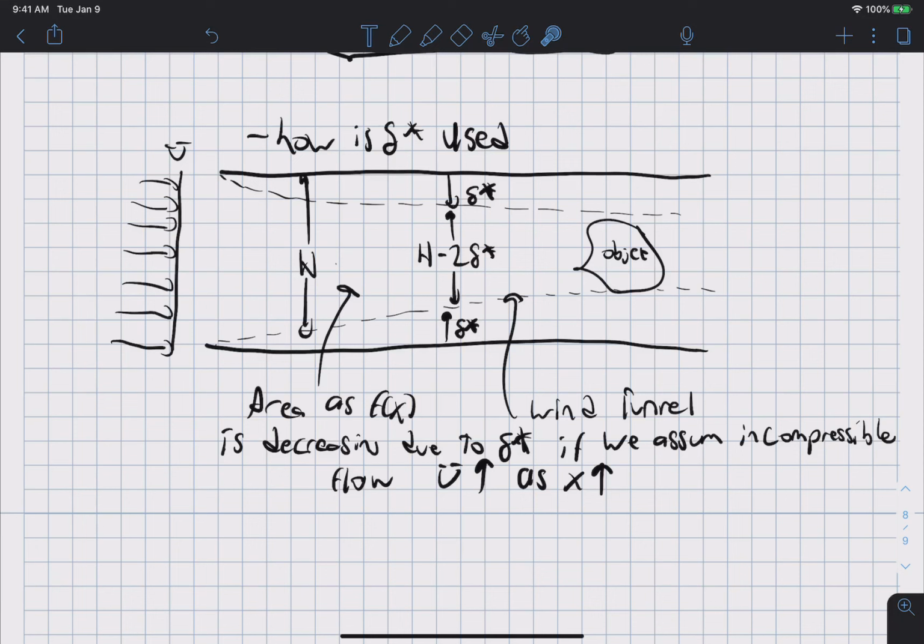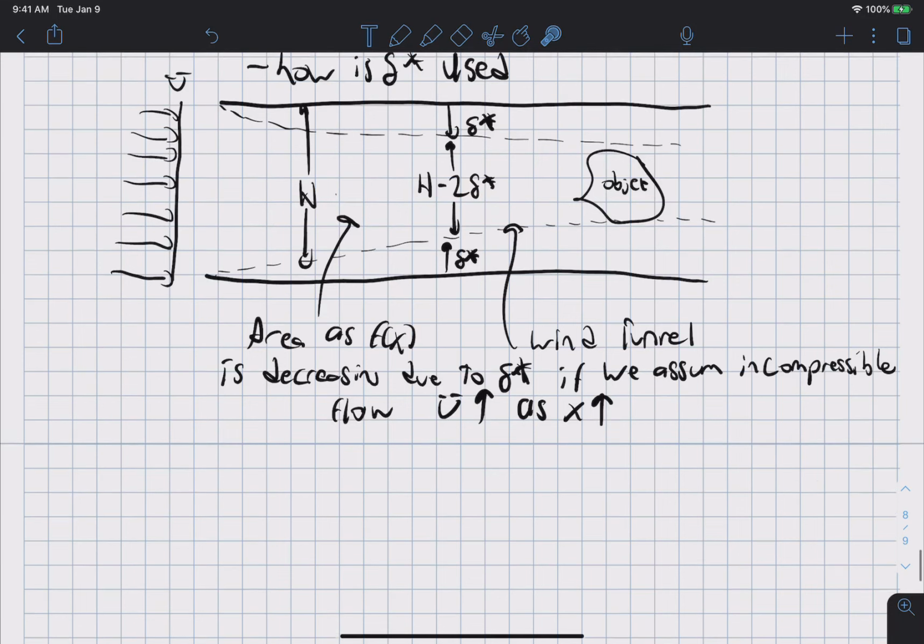To satisfy conservation of mass, that basically means that the free stream velocity accelerates, and basically what that causes,